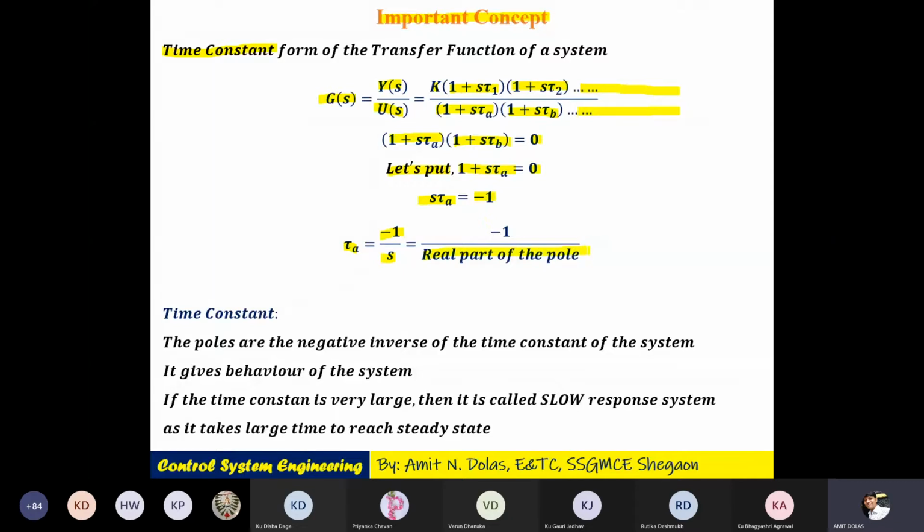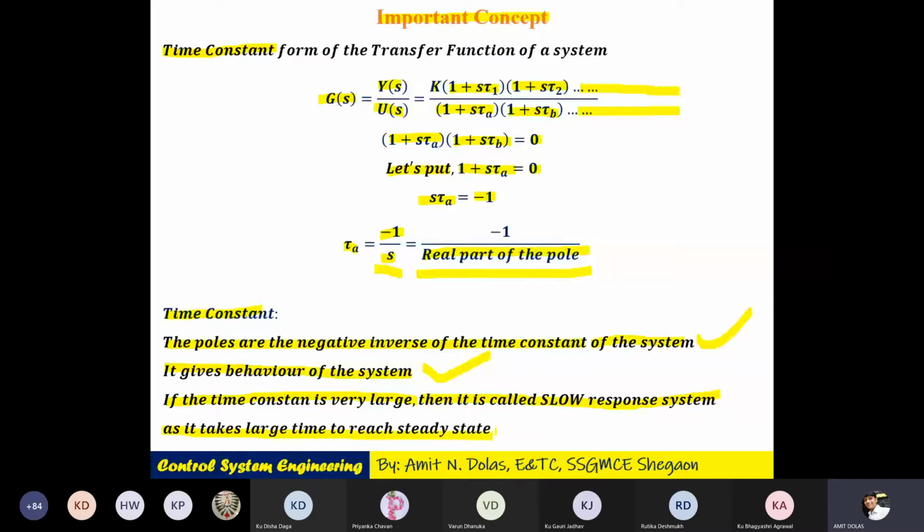If it is a simple or repeated pole, it's very easy. But if it is a complex conjugate like a plus minus jb, we'll consider only a, that is the real part of the pole, in place of s. So this will provide you the time constant. So what is the time constant? The poles are the negative inverse of the time constant of the system. It gives the behavior of the system. If the time constant is very large, then the system is called a slow response system,